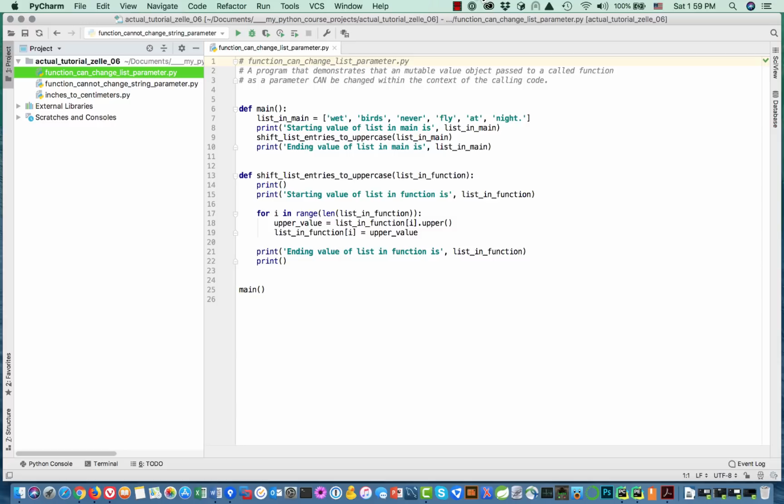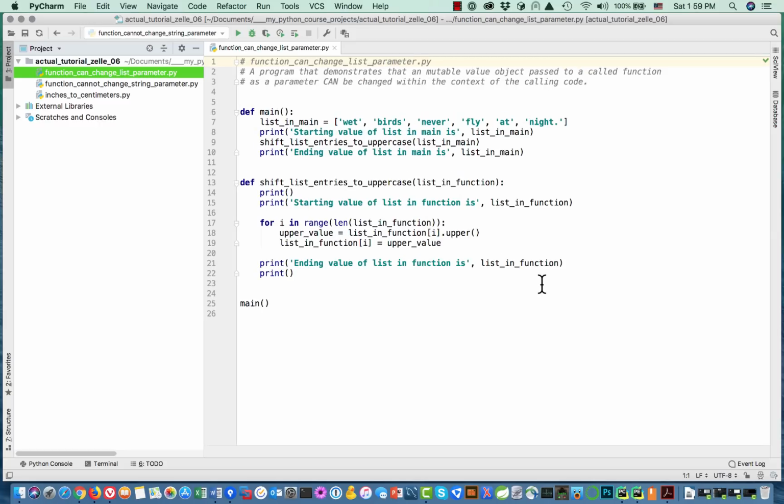In this particular part of the tutorial, we're going to be looking at a program that I created called Function Can Change List Parameter. Okay, so again, in chapter 6, we spent a lot of time differentiating between